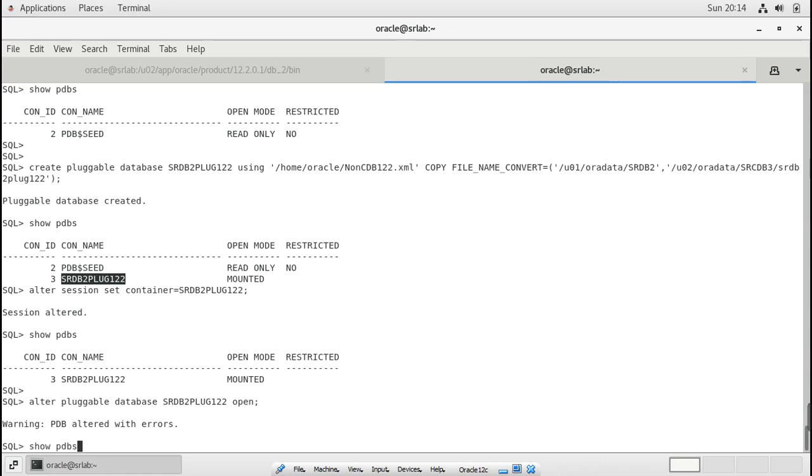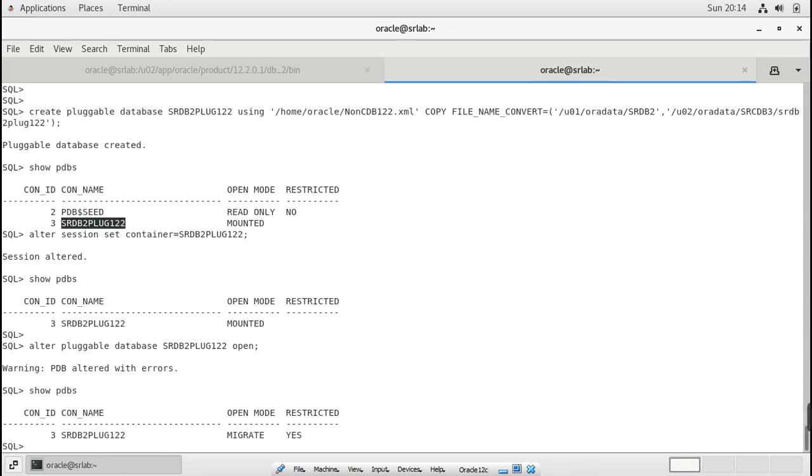So the PDB is in restricted mode. What I did, yeah, it is in migrate. Actually I should open the database with alter pluggable database name open upgrade, but by default it is taking the upgrade mode, so it is showing migrate.